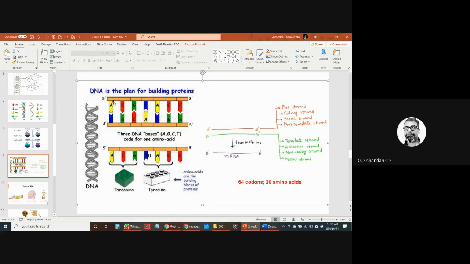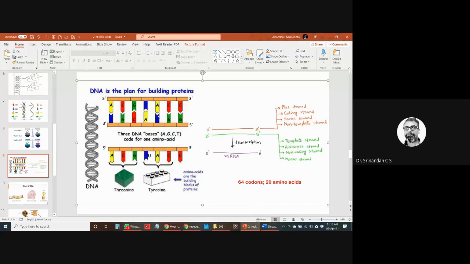So later on, we'll be discussing how the RNA will be formed. The process is called transcription. Now it is not necessary to know this yet, because I think it will come in the third or fourth module. Then I'll explain more about that. The thing is, this will act as a template for this.